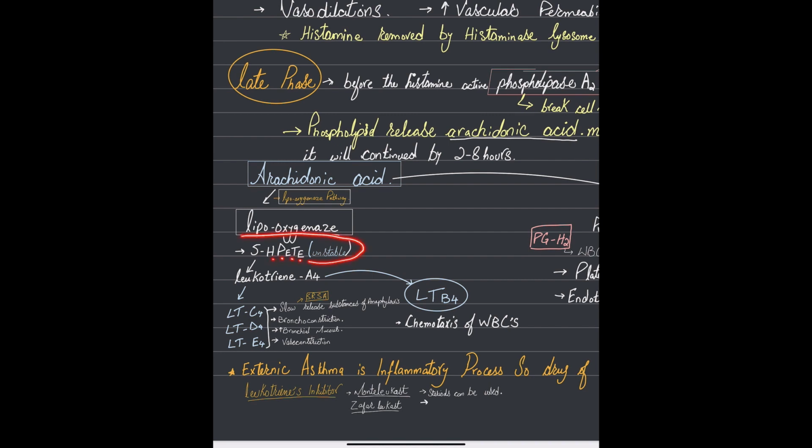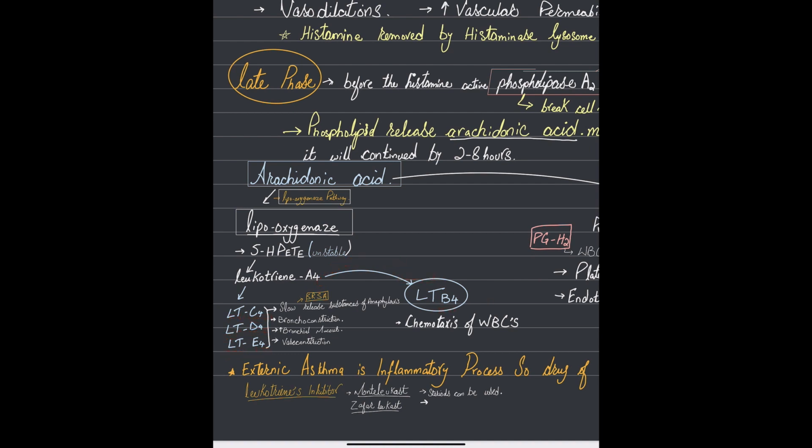It's an unstable product, and it is going to convert into leukotriene A4 immediately, and leukotriene A4 is going to go to leukotriene C4, leukotriene D4, and leukotriene E4, and also it is going to go there with leukotriene B4, but mostly here you